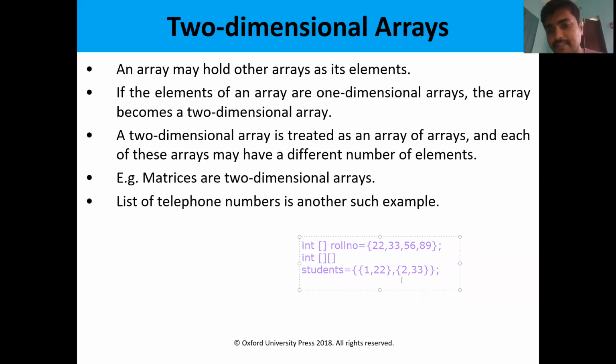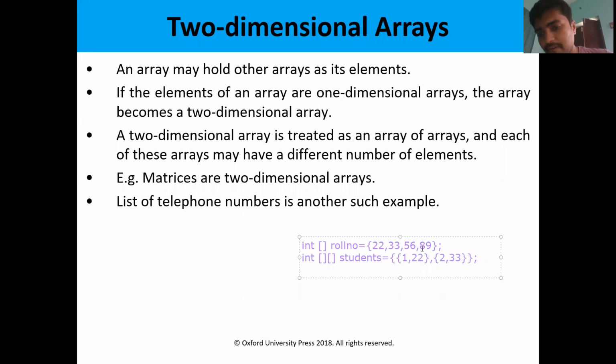Here we have two dimensions. That means two elements are combined in a set. Here in single dimension there are only single elements, but within the set we have two elements. Likewise we can declare